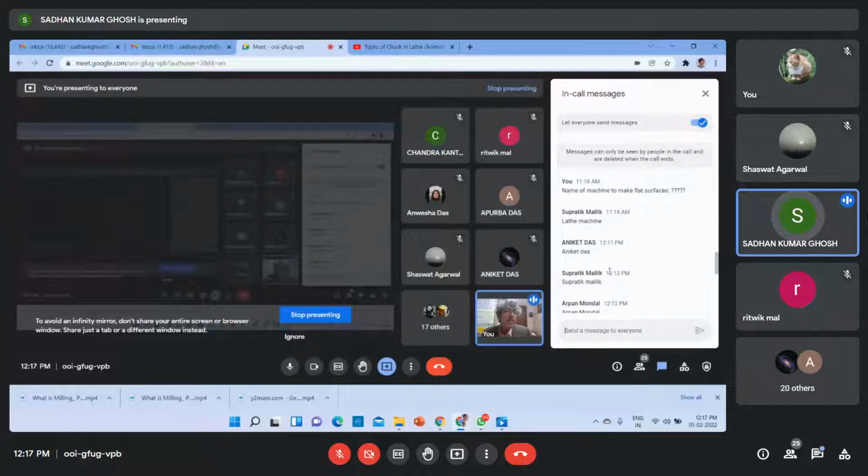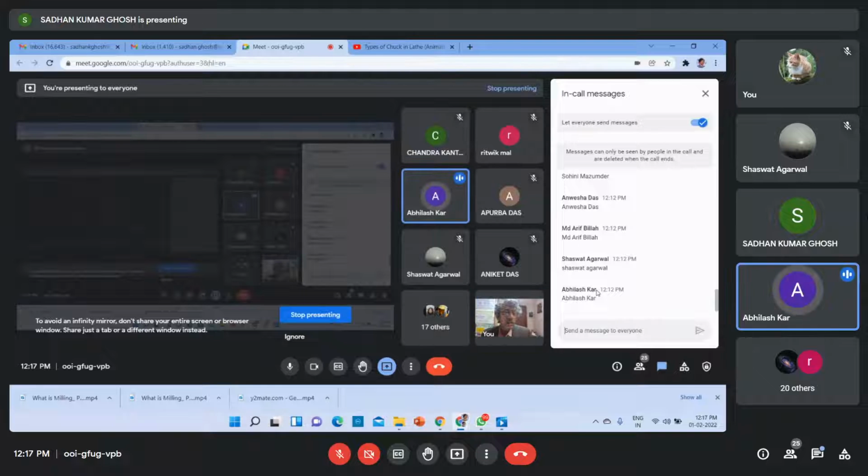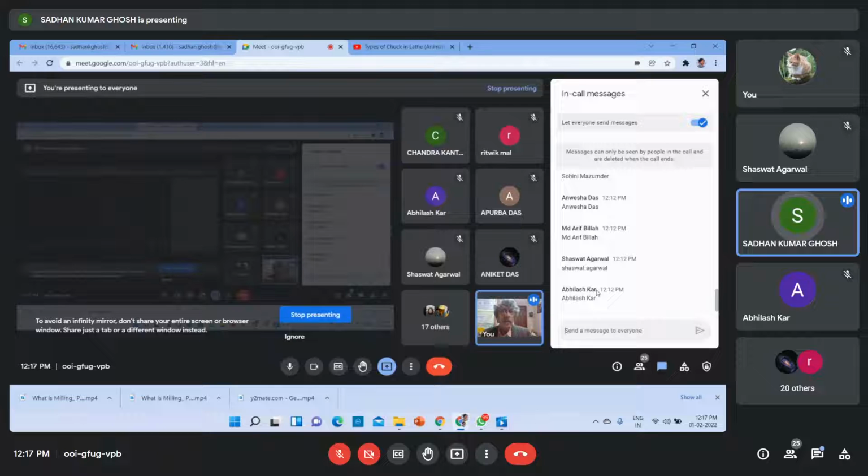Let me see how many wrote here. Aniket, Supratik, Orpon, Ritik, Kiran, Khijir, Sohini, Onnesha. Okay, so let me know first your background. Avilash, you are from which school? Sir, I am from Bardhaman Municipal High School. So you had your English language in your class 12, 11, 10?